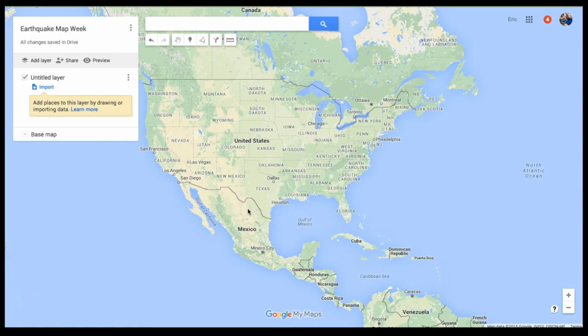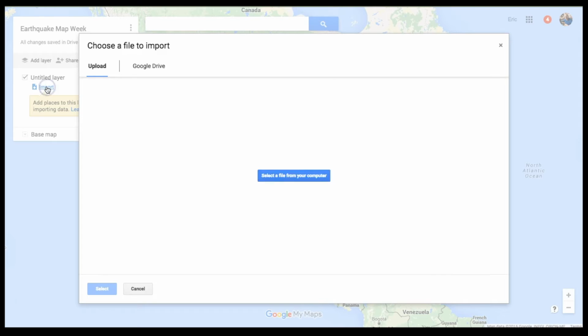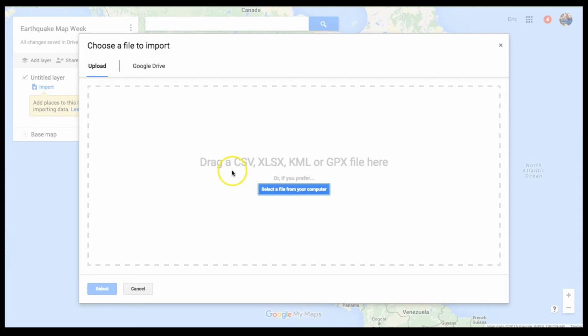Now, we want to import the data from that spreadsheet, so we're going to click down here where it says Untitled Layer, and down below it's going to say Import. We are going to import a file. Now, we can import a variety of different files, CSV files, KML files. We'll talk about the different types of files later, but for right now, I want to select a file from